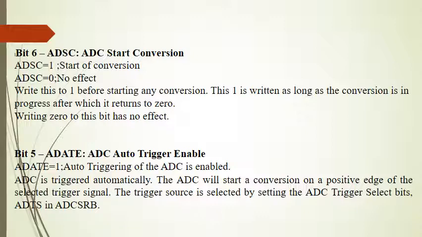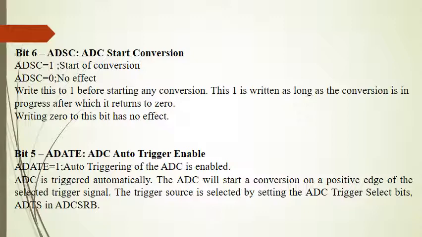Then comes the next bit, that is ADC auto trigger enable. What this means is, as soon as we apply the analog input to the ADC, it has to be given a trigger so that it can start the conversion. If this bit is set to 1, auto triggering of the ADC is enabled, so the ADC is triggered automatically.